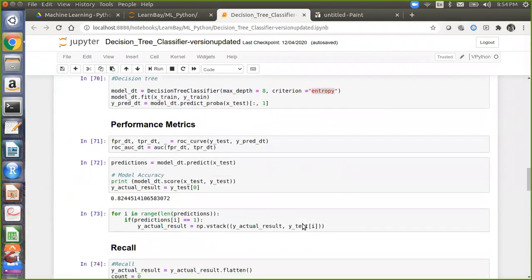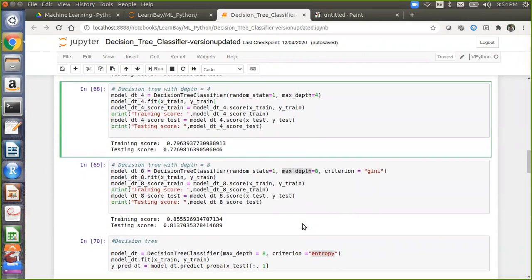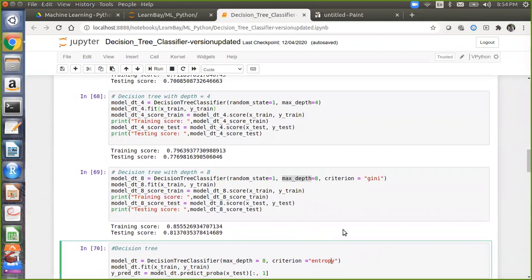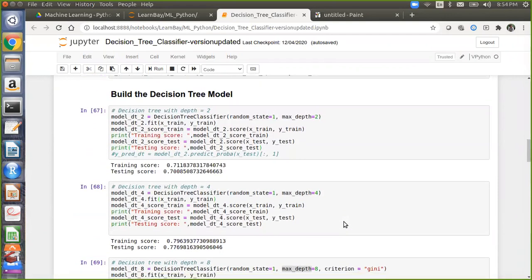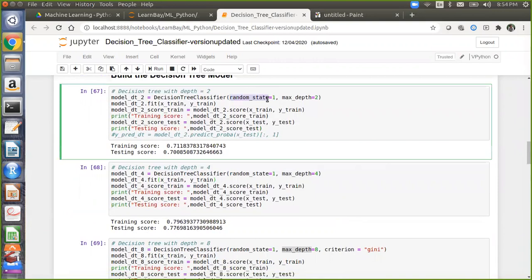Now, performance matrix. One question here: what does this random state define? Random state is basically a parameter. If you do not write it, that is also fine. When your decision tree is getting created, internally it also does random sampling of the training data itself when it is calculating Gini gain. So we give some random number, random state equal to 1, 343, 444, 666, some seed for randomly selecting those rows. Either you can give it or avoid it, it doesn't matter.